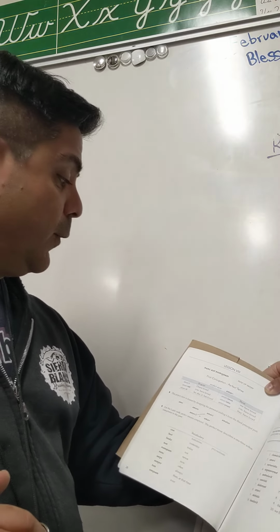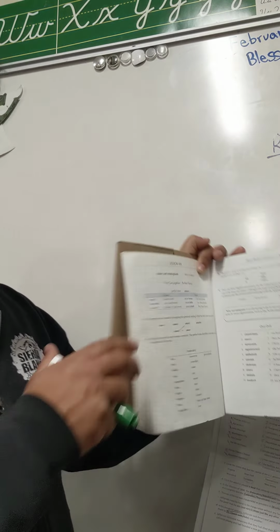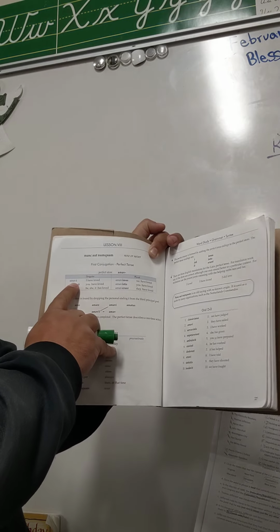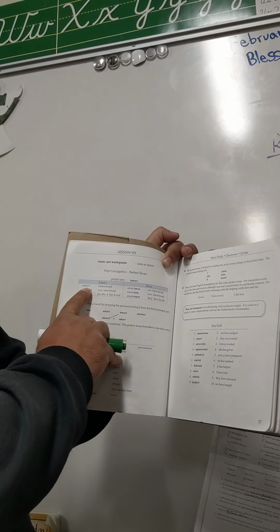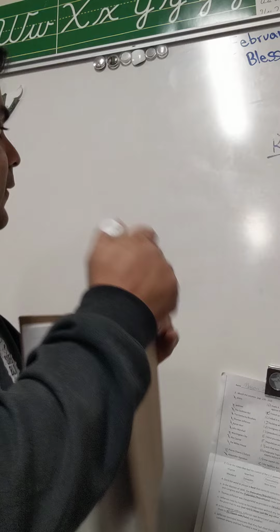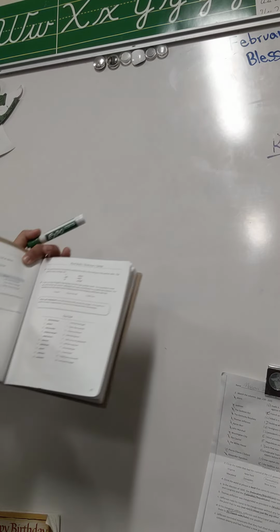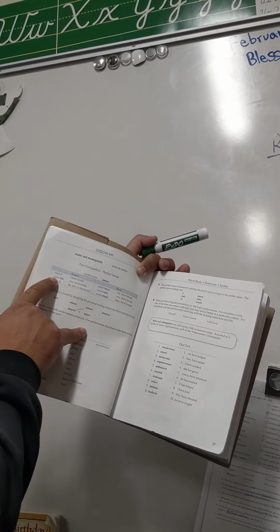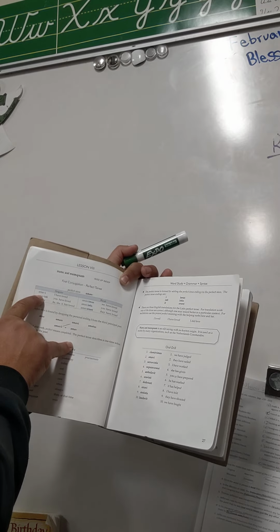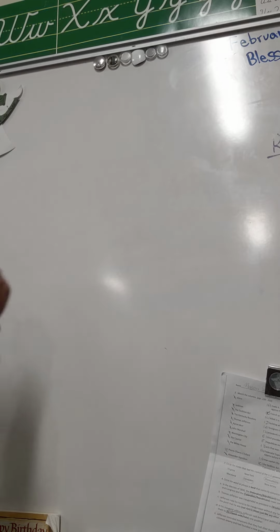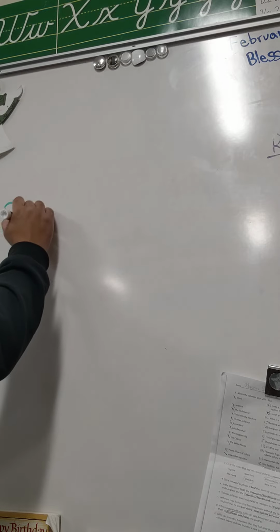And so the first thing is, again, we're using amo, to love, as our verb. First off, let me show you how to find the endings. You'll notice it's not amo, ama, ama, ama. It's amav, amav, amav, amav, amav. Now, the way we find that is, because we're using the perfect tense,